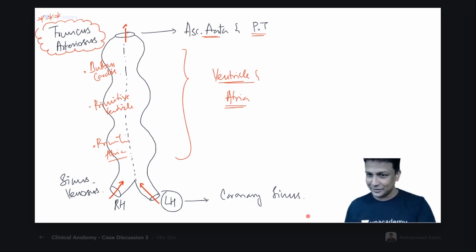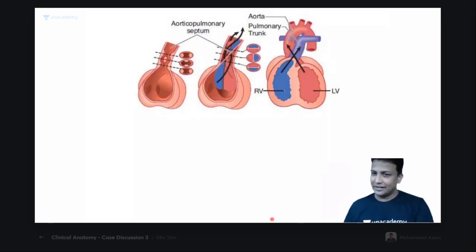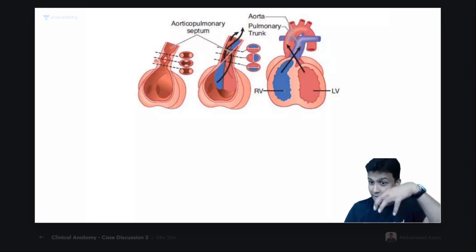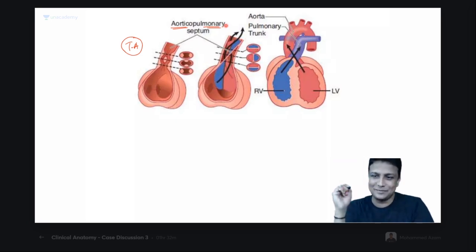Let me show you the diagram here right now. Welcome. So in this diagram, my dear friends, this is the uppermost part of the heart, the cranial part, upper part. And I told you in the middle, you'll be able to find those chambers and all. That we will not see right now. Observe here, the uppermost part, the cranial-most part. Yes, that is nothing but your truncus arteriosus. And that truncus arteriosus is going to form your aorta and the pulmonary trunk. And in the middle, there is a formation of septum. That is why we have given the name AP septum, aorticopulmonary septum.